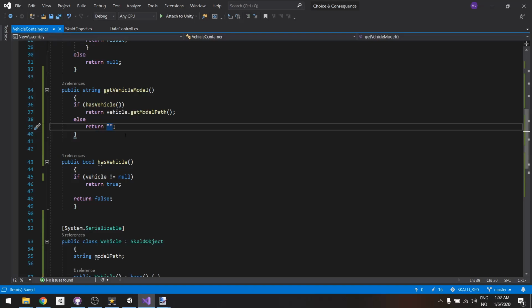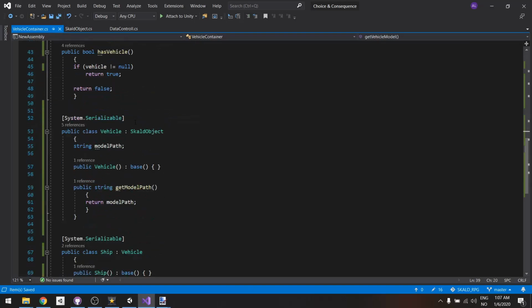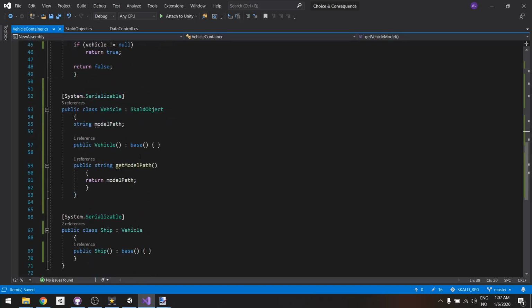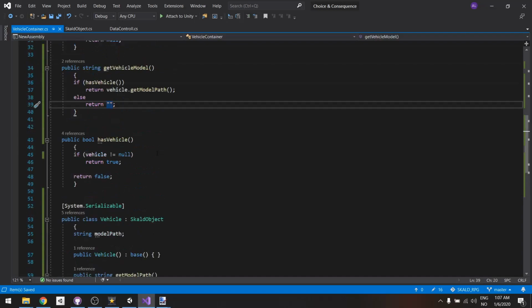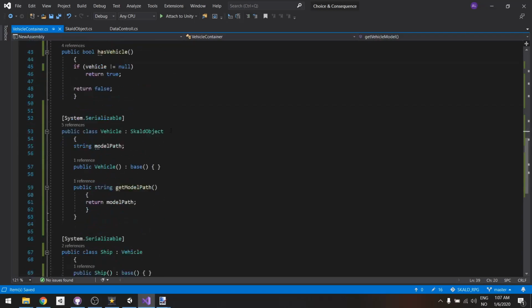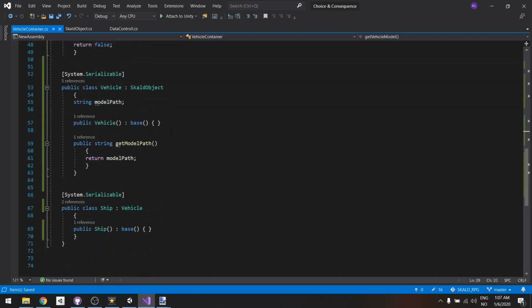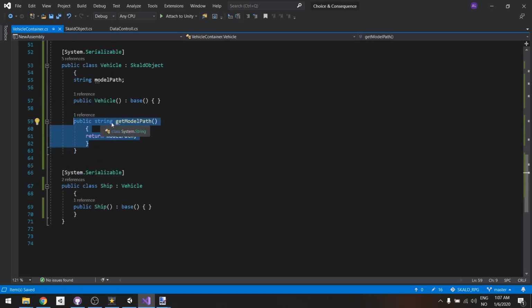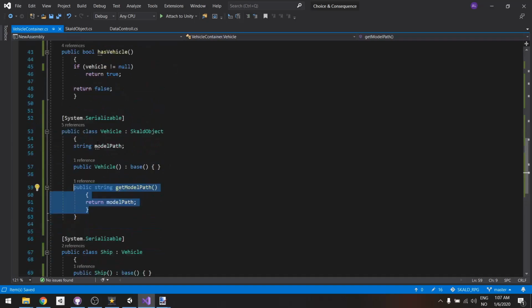So now we should be able to... and so the idea is that, like we were talking about with inheritance earlier, this is the parent class. It has the method of get model path, and we don't have to rewrite the method in the child because the child will inherit this from its parent. So it makes it a lot easier to reuse code. And what would be really cool